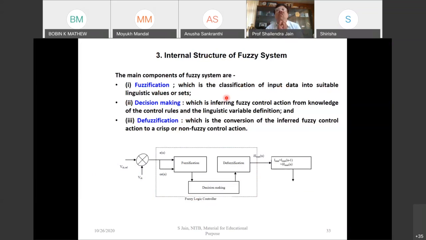Say for example, if water temperature is the input, we define the linguistic variable that water is cold, mild, hot, very hot, or extremely hot. This is basically, what do you mean by cold? So 0 to 10 degrees cold, 10 to 15 degrees mild, 15 to 20 degrees. This is fuzzification. Then we'll have the decision making box, that is rule based. So this input is evaluated based on certain rules, which are similar to human thinking, if-else kind of. And then finally, the output we defuzzify to bring it to the real-world system.